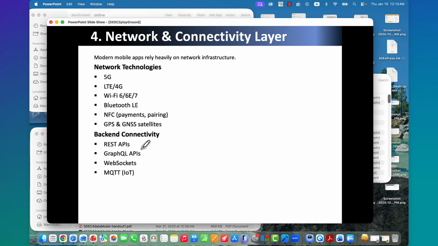And then back-end connectivity, where we're going to use REST APIs. I set up a RESTful server on the Google cloud so that we can use that. And also Mosquitto, if your cell phone wants to talk to Raspberry Pi, this is another thing that you could do.